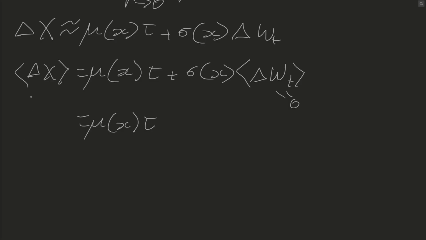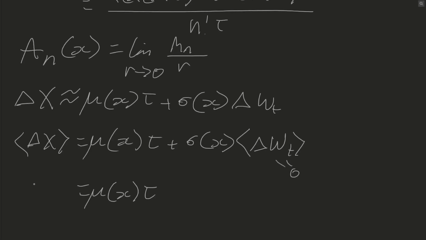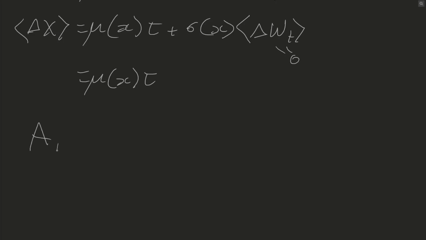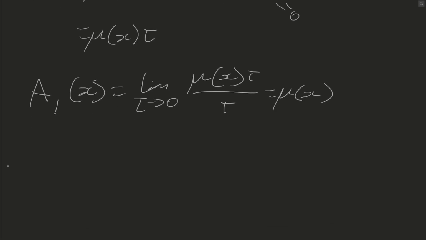And now, since we've found that, we can define a1, which is our first coefficient intensity, of x as the limit as tau approaches 0 of mu x tau over tau, which is just mu of x, which is great. Now we can do the second moment,